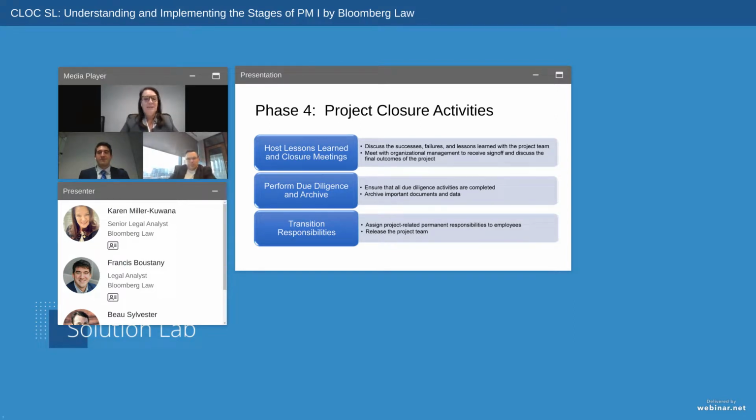Next, the project team is going to want to perform any necessary due diligence to ensure that the project or matter met its stated goals within the confines set out from the start. This likely includes reviewing the project plan and charter to ensure that the project delivered on all asks from the organization. It may also include reviewing the budget and auditing any spending that occurred throughout the project.